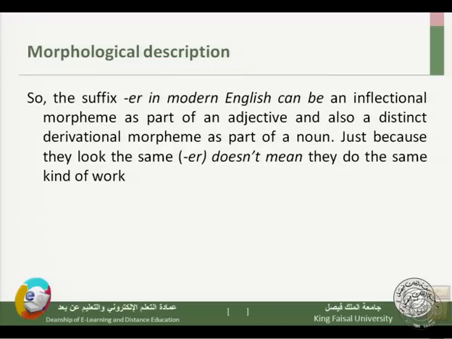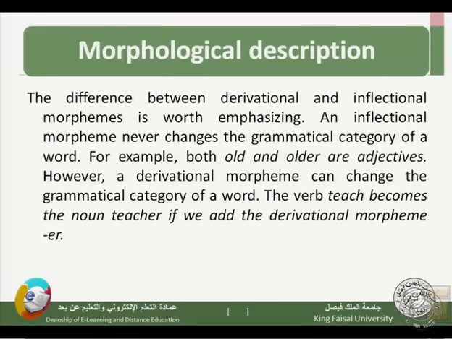So the suffix er in modern English can be an inflectional morpheme as part of an adjective, and also a distinct derivational morpheme as a part of a noun. Just because they look the same, er, doesn't mean they do the same kind of work. So in order to understand this, let's go back to our examples. So we added er